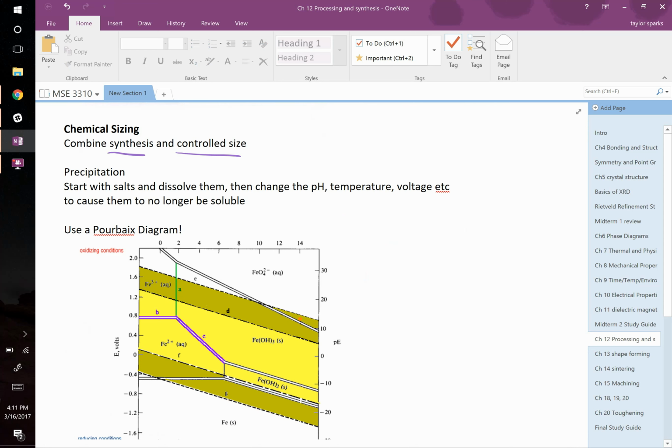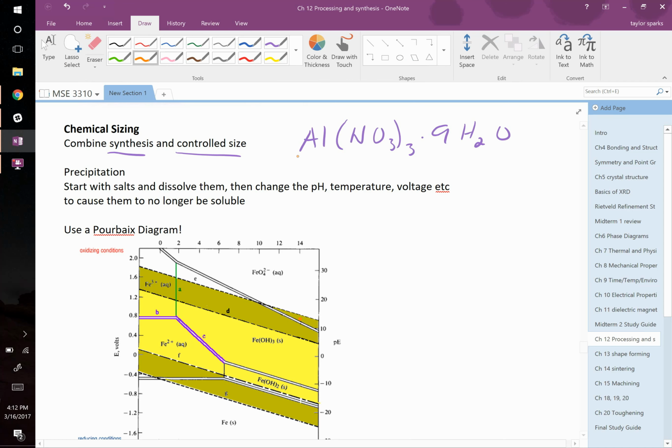And when we talk about precipitation in this class, there's precipitation, there's co-precipitation, there's reverse co-precipitation. There's all these silly names, right? They're all talking about the same thing, though. In every case, you're going to start with something like a salt. So you could have, let's say, aluminum nitrate nonahydrate. So what you really want out of this might be just the aluminum, but you go ahead and